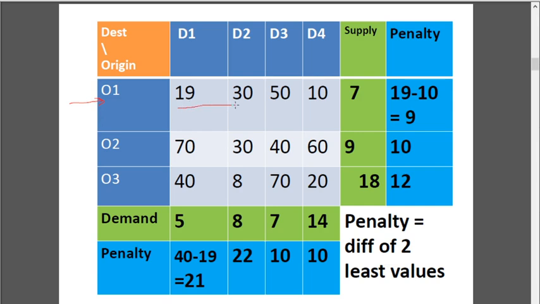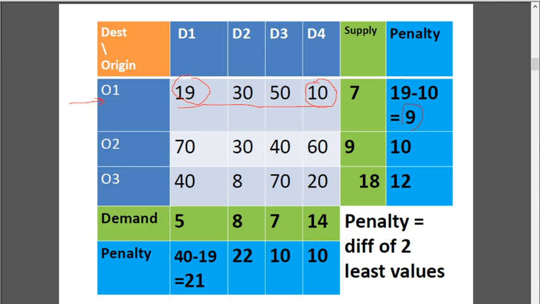Among all the costs in that row, select the least two values. Out of 19, 30, 50 and 10, the least two values are 19 and 10, and find the difference between these two. That is, 19 minus 10 will be 9.